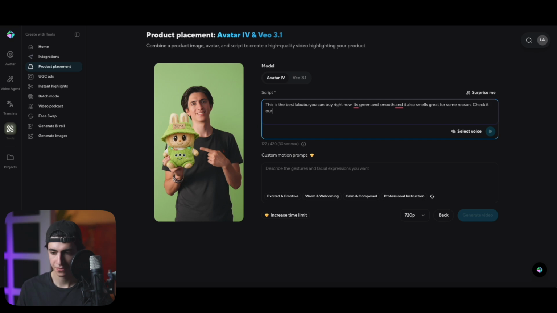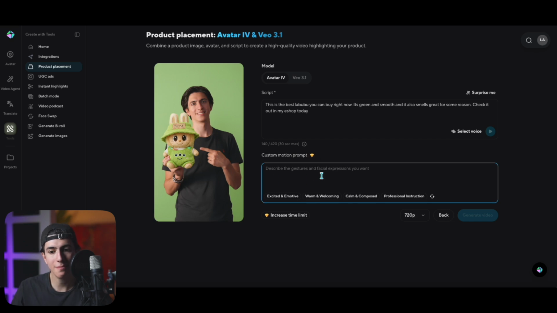Check it out in my eShop today. Just a very random type of script. And now we can also have custom motion prompts. And this is, of course, with Heygen Premium, right? And you can describe the gestures and the facial expressions that you want your avatar to have, which is absolutely,